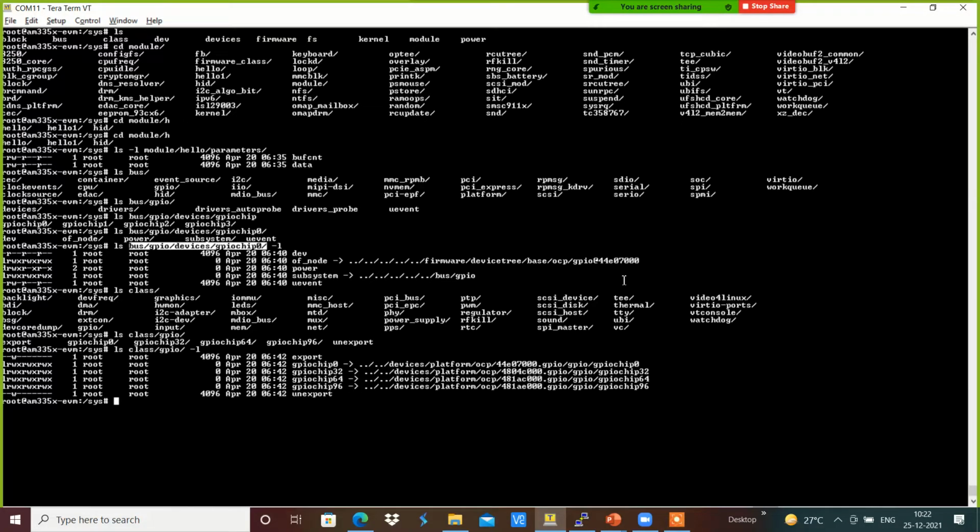Now we will see how sysfs can be used to access the GPIOs.